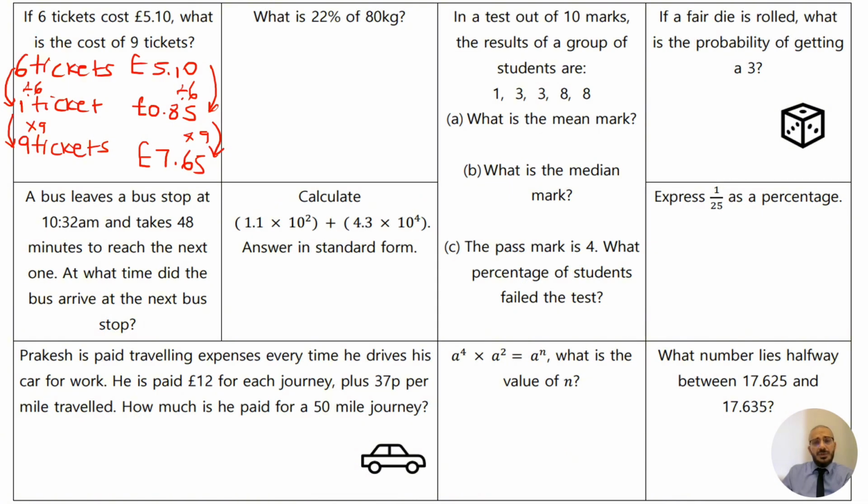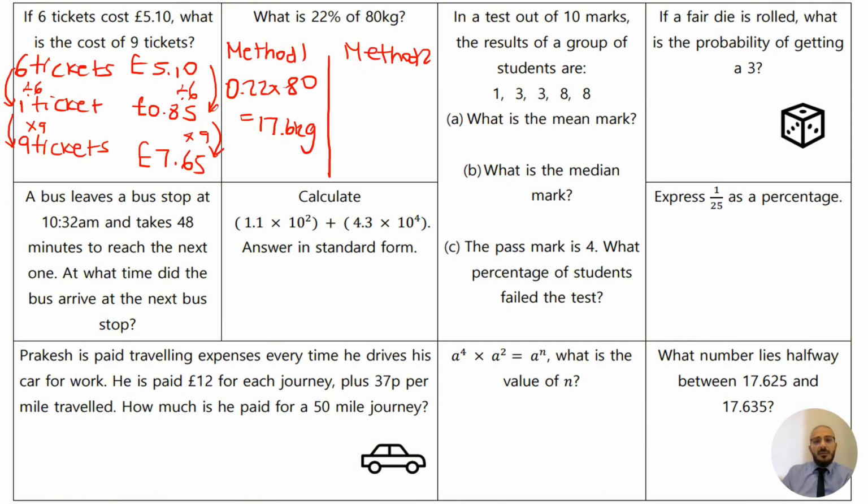Next question: what is 22% of 80 kilograms? With this question you can use 2 different methods depending on which one you prefer. Method 1 is going to be the calculator method, of course. 22% converted into a decimal, you do 22 divided by 100, which will give you 0.22. If I times this by 80 and type it into my calculator, it should give me 17.6